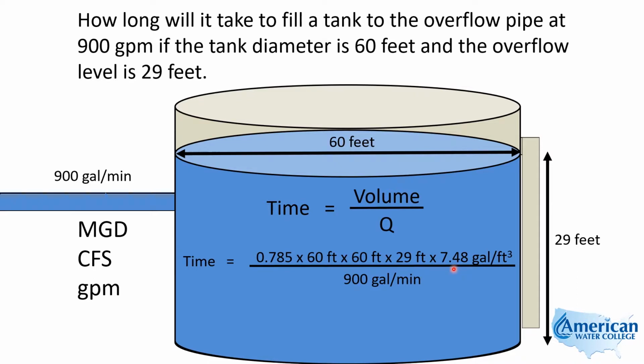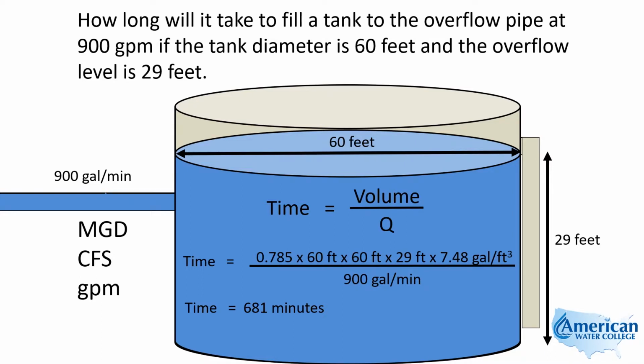And then we simply divide that by our flow rate in gallons per minute. This is why it's important that we get this volume in gallons, because our flow rate is gallons per minute. So when we divide our volume in gallons by our flow rate in gallons per minute, the units left over will be minutes. When we crunch these numbers, 0.785 times 60 times 60 times 29 times 7.48 divided by 900 equals